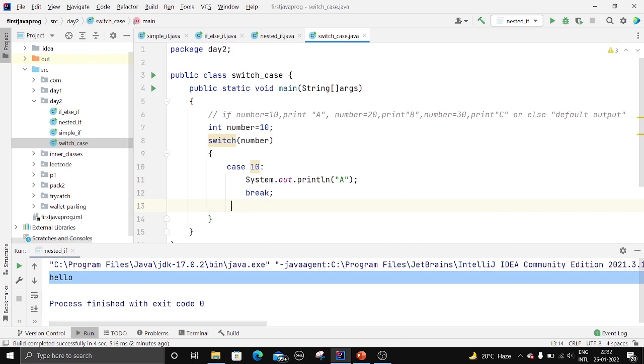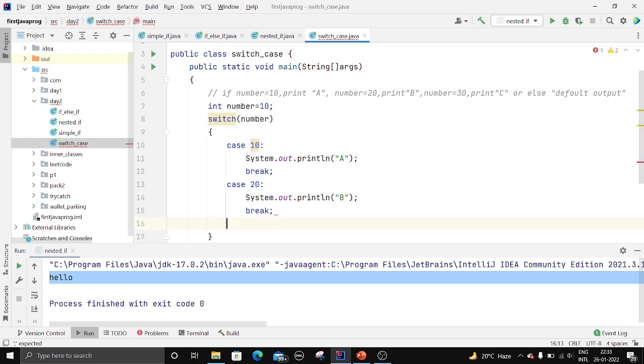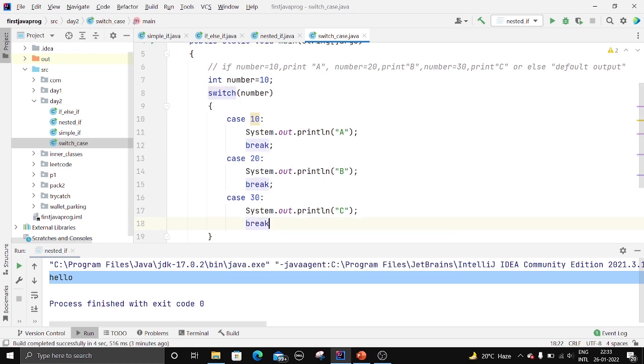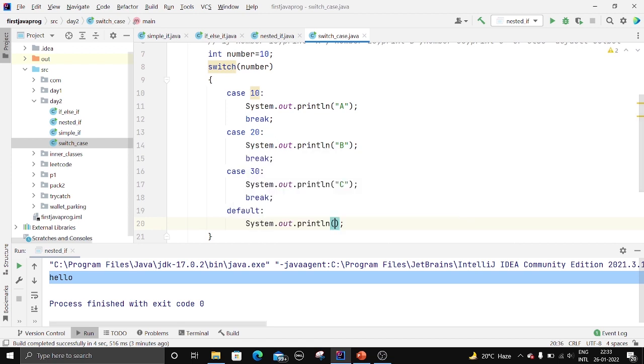So next, case 20. What do we need to print? B. And break. Case 30. What is the output, guys? We need to print C. Break. And we need to write the default case now, right? Default. We need to print